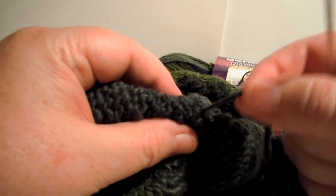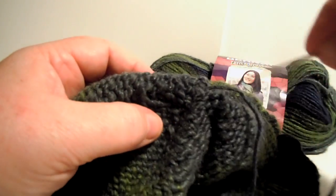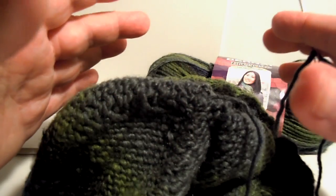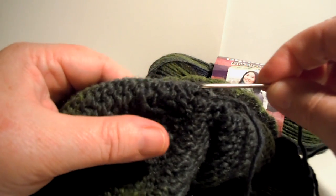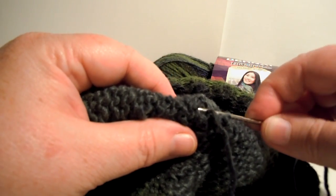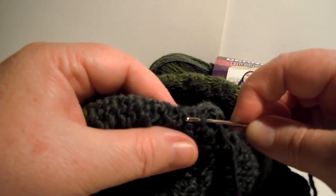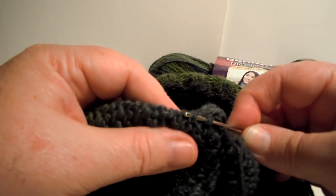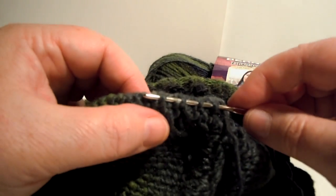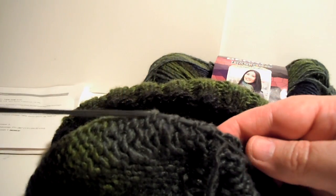So I just find a spot here. When I weave in my ends, I try not to go around the hat, because as you wear the hat, you stretch it and those things come loose. So I make it go straight down, and that way if the hat gets stretched out, the woven ends don't get loosened up. So you just run it through some stitches. Just make sure you're not going through to the other side, because you don't want these stitches to stand out on the other side. And you pull that through,